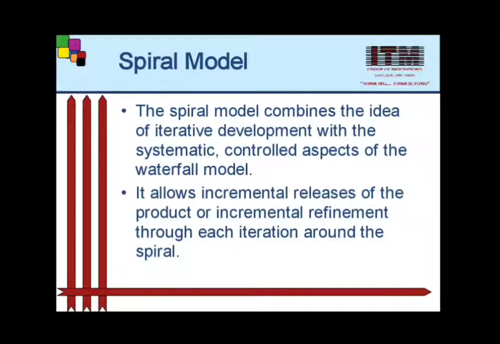Now, the most important point of the spiral model is that it is the SDLC model which provides support for risk handling; this is done only in the spiral model. In the diagrammatic representation, it looks like a spiral with many loops, and the exact number of loops is unknown and can vary from project to project. Remember that each loop of the spiral is called a phase of the software development process.